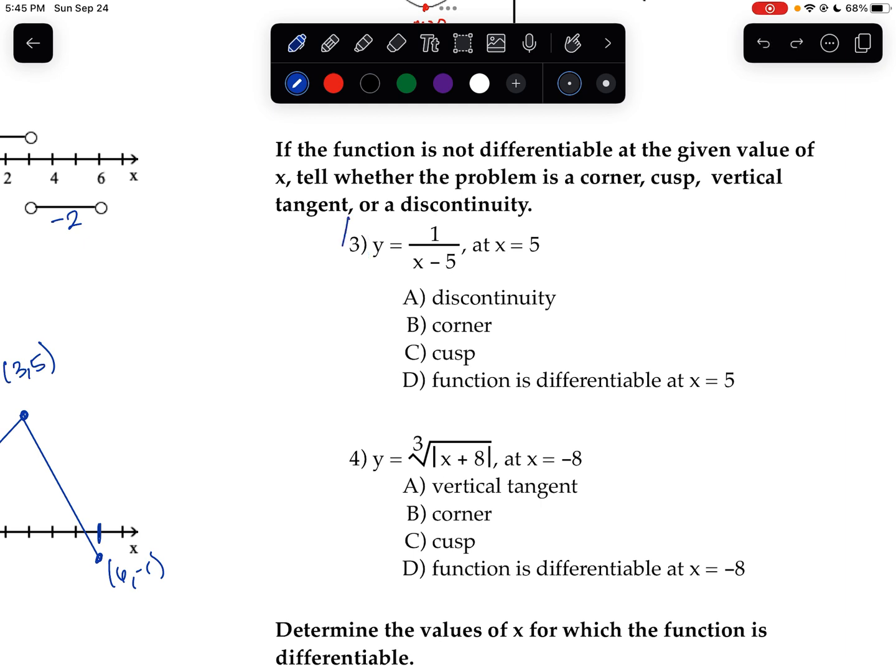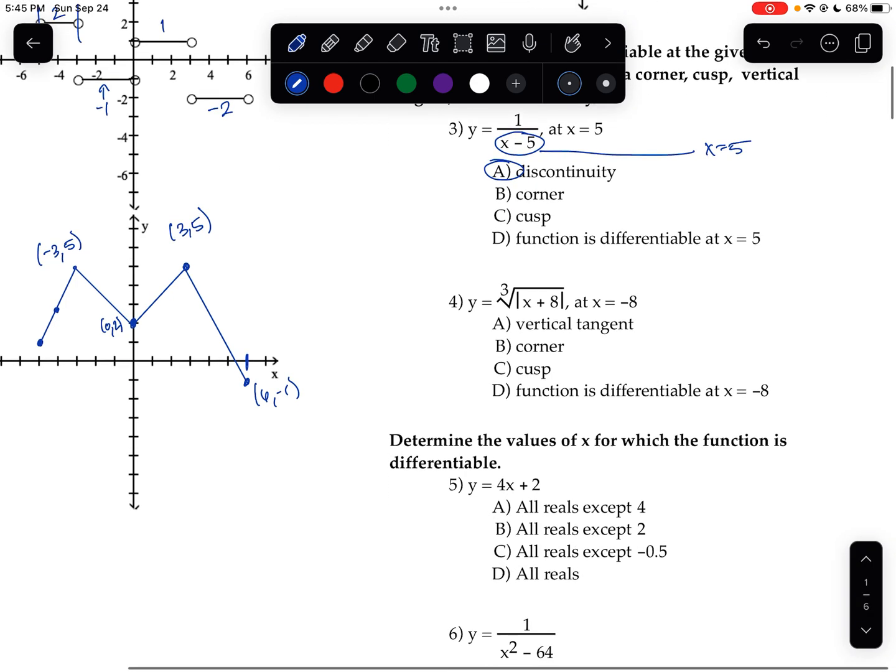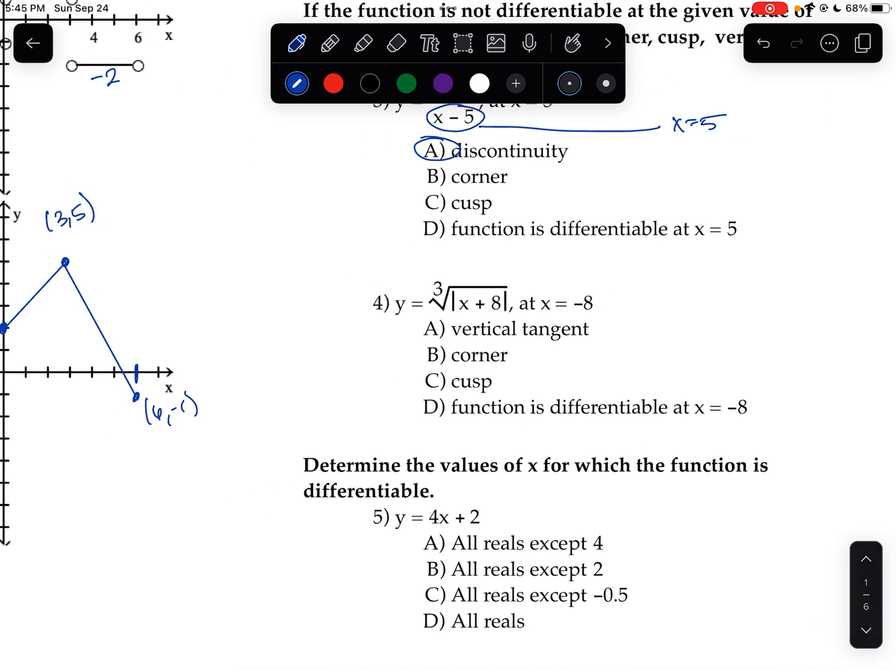So for 3, I can already tell right here that it has a discontinuity at x equals 5. Okay, so yeah, I would just say discontinuity. I believe it's an infinite discontinuity. Okay, for 4,